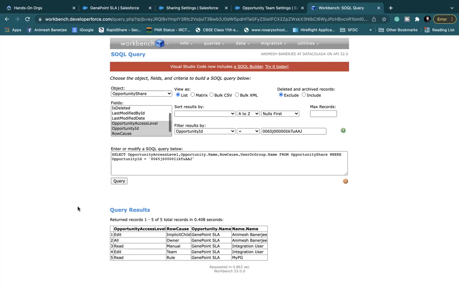So these 4 areas of sharing that we covered today: manual sharing, team sharing, role hierarchy sharing, and sharing rule sharing. These are the ways in which you can bypass OWD. So if OWD is private, the other people who are not able to see your records can now start seeing your records. All this sharing is only important if the OWD is set to private or read only. If it is set to read write, then no sharing is needed, right?